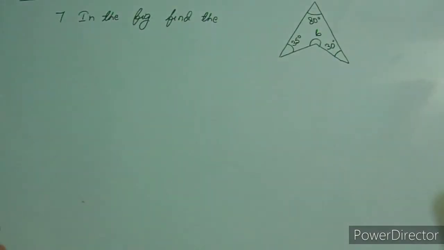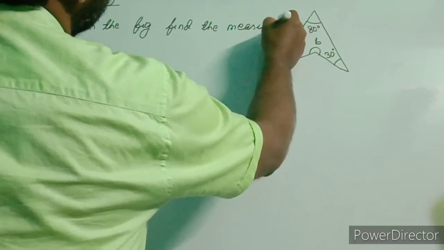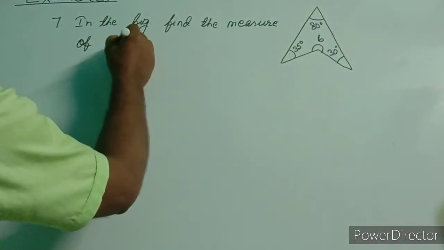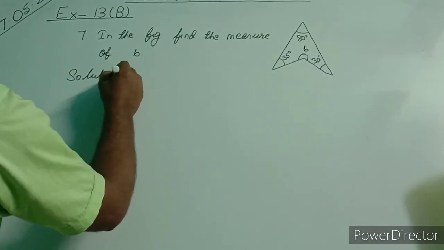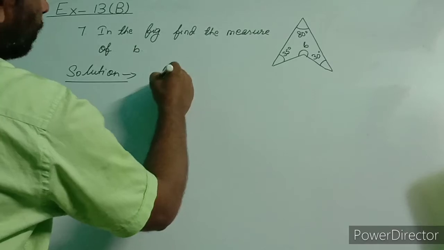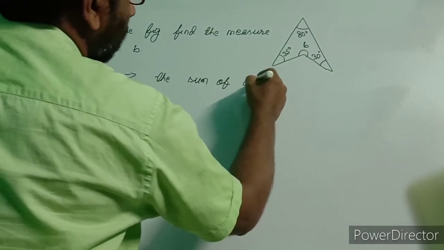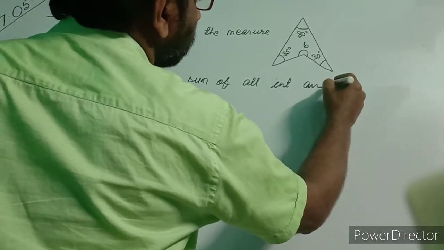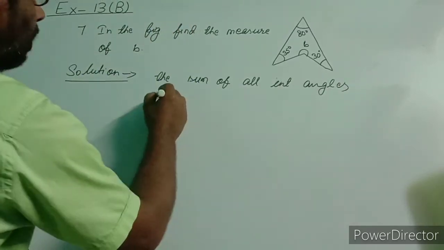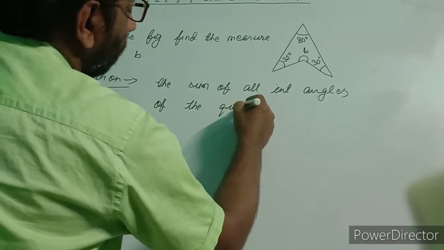In this given figure, find the measure of B. For that also we write the sum of all interior angles of the quadrilateral